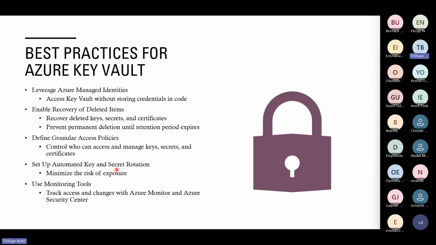So you have to ensure that you automate the key rotation. You can set up a policy that enforces keys to be rotated automatically without you manually doing that. And you can monitor, right? You can monitor by tracking. You can use Azure Monitor and Azure Security Center to track changes that are happening on your Azure Key Vault. Okay, now quickly, let's move to